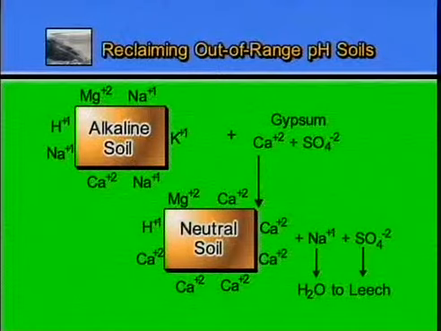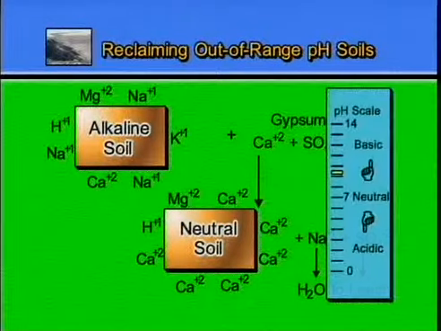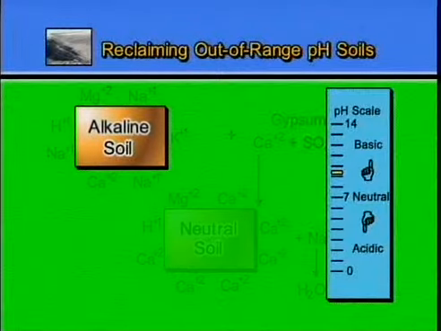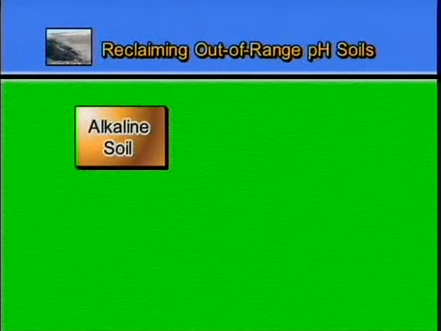As I indicated earlier, the next topic that I want to discuss with you is how do we reclaim soils which are outside of the desirable pH range. Of course, we have two pH conditions that need to be modified or amended. The first, as illustrated by the graphic that's in front of you now, is a soil which has a pH which is too high. We would call this an alkaline soil, and in some cases we may call it a